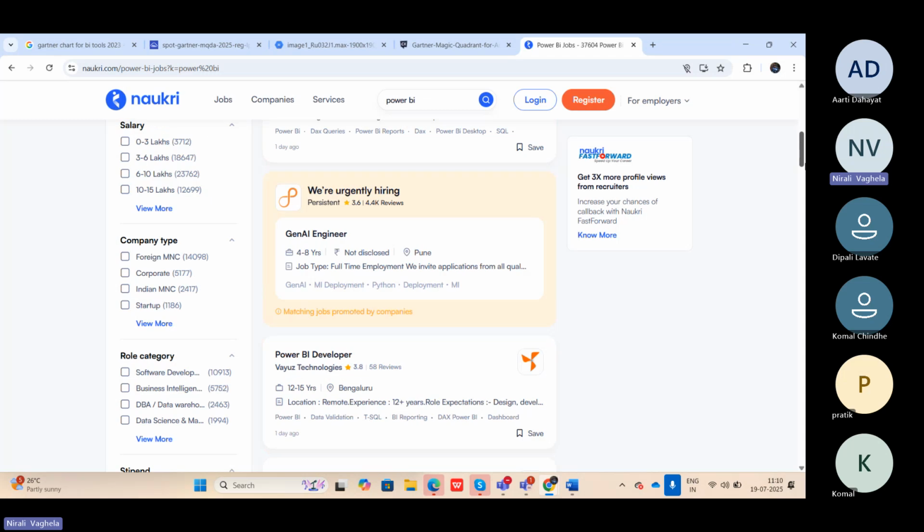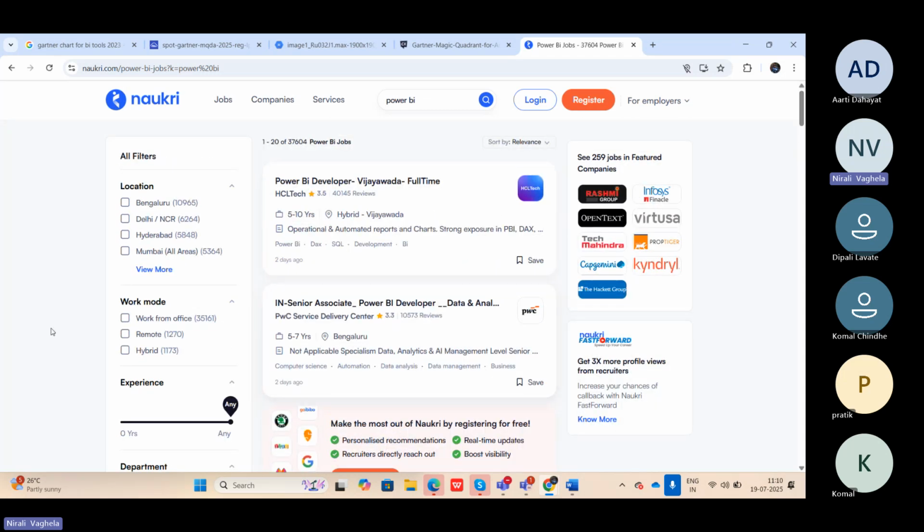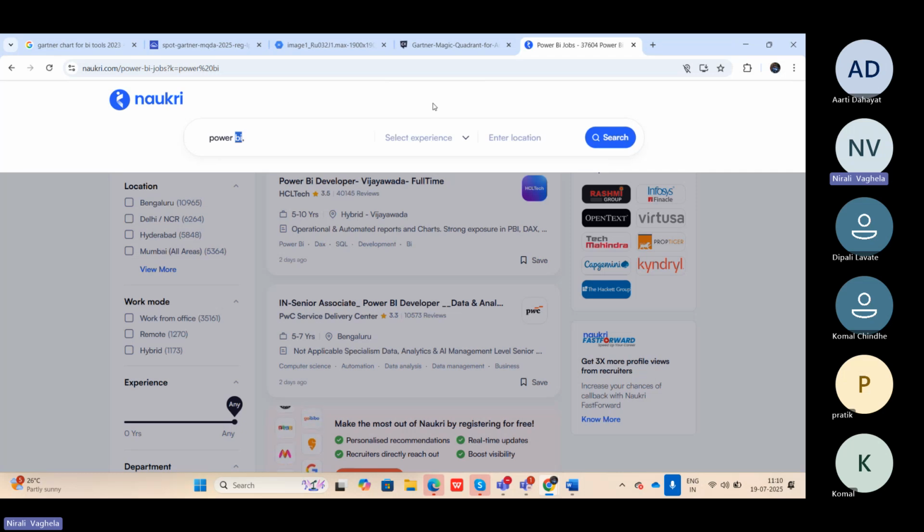You can also filter for work from home, hybrid, and so on. But most companies have already started, and it might be hybrid only in most cases, because we also have to go to the office twice a week. So that will be there.